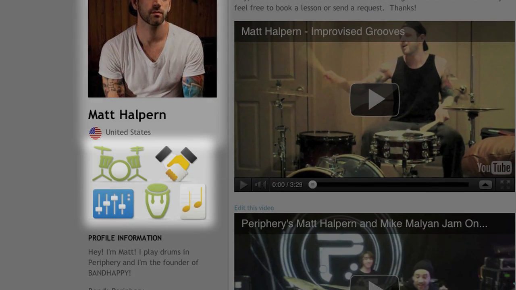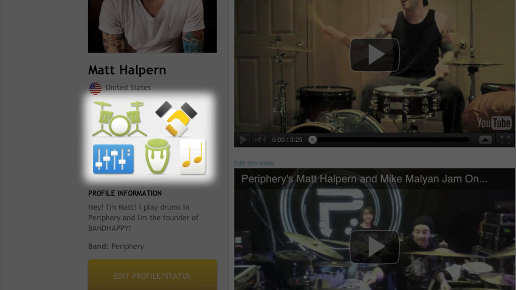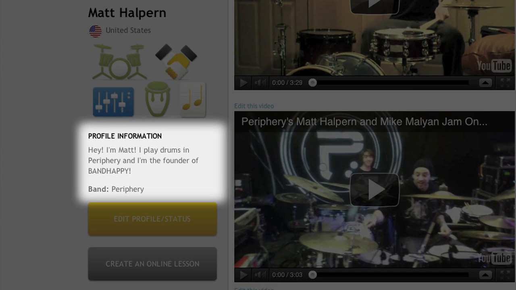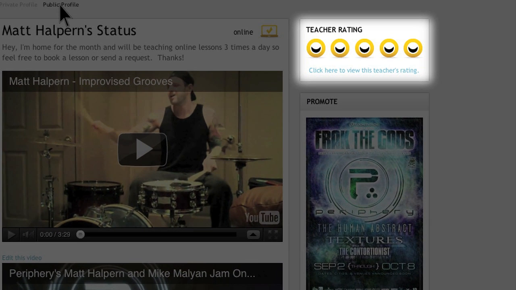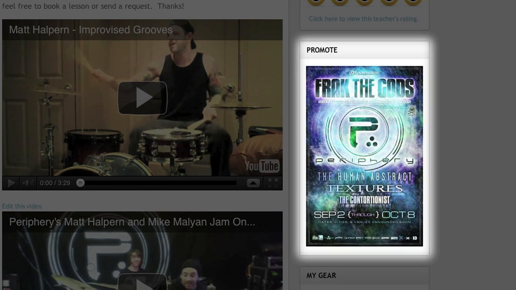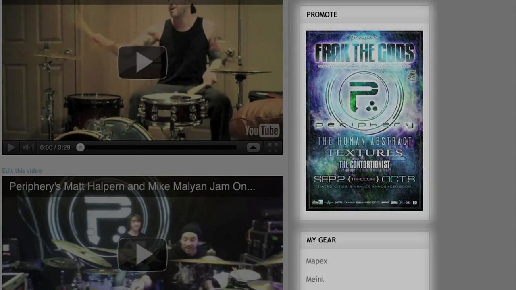Underneath here, you'll see a series of icons. During the sign-up process, you are asked to select the instruments you'll be teaching, and here's how they are displayed on your profile. Matt has selected drums, music business, music production, percussion, and songwriting. Below that is the profile information section. Moving over to the right side of the page, you'll see a box that shows your current teacher rating as determined by your students. Below that is the artwork you uploaded in the promote area, and the last box displays